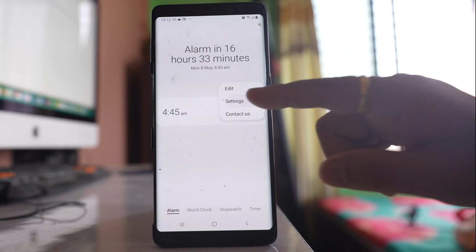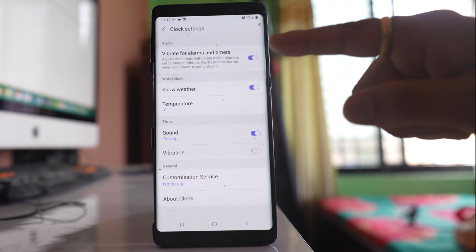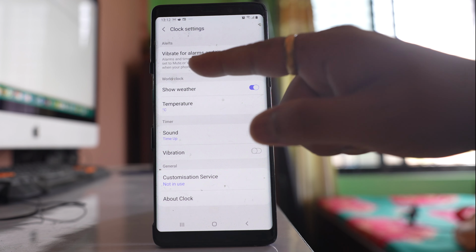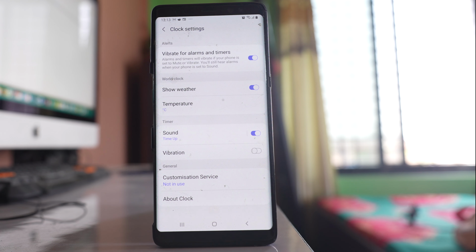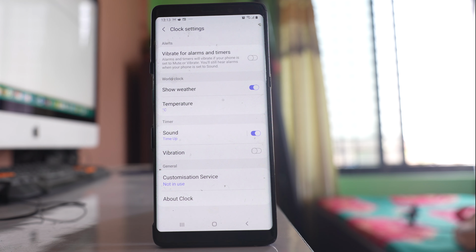go to settings. If you see, there is an option, vibrate for alarms and timers. So alarms and timers will vibrate if your phone is set to mute or vibration mode. So you have two options. You need to disable this option, or else if you want to enable